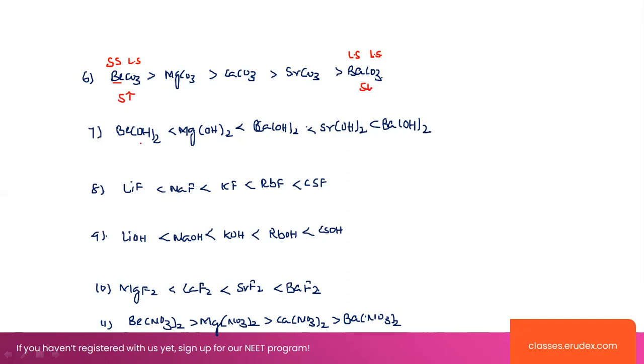Coming to this one, beryllium hydroxide. Look, hydroxides have a lesser size, comparatively less than that of sulfate ions, carbonate ions, nitrate ions and also the chlorate ions. So this has small size here. Look, this is small size, this is small size here. Coming to this one, here it is large size and this is small size. Difference is there. So solubility will be more here and in this case solubility will be less here. Solubility order will be increasing.